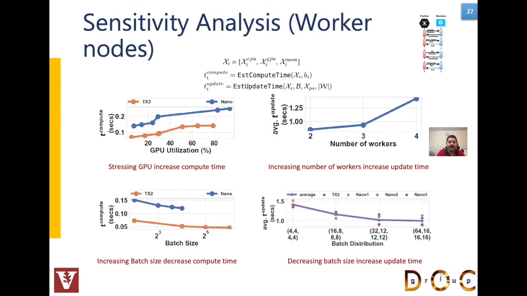For our evaluation, we run the deep learning model update by stressing different dimensions of the resources. The dimensions are CPU, GPU, memory, etc. And we calculate the T compute and T update time under the resource stress condition to build our machine learning profiler. Here you can see that stressing the GPU increases the compute time,